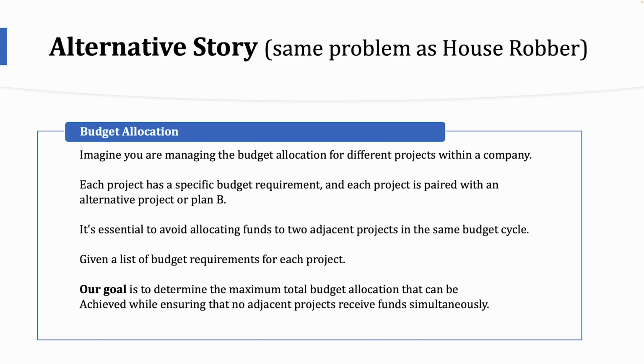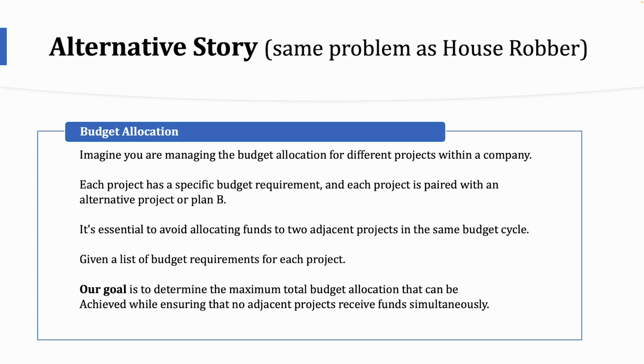Each project has a specific budget requirement, and each project is paired with an alternative project or plan B kind of thing. So it's essential to avoid allocating funds into 2 adjacent projects because they are technically there to serve the same purpose. You have to go with either this one or that one, right? And let's say